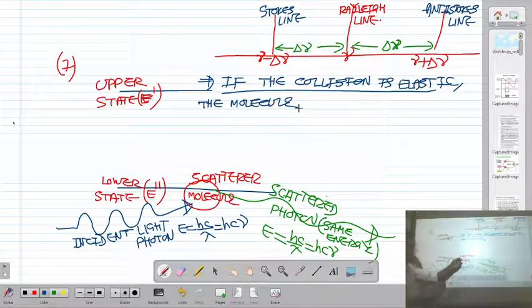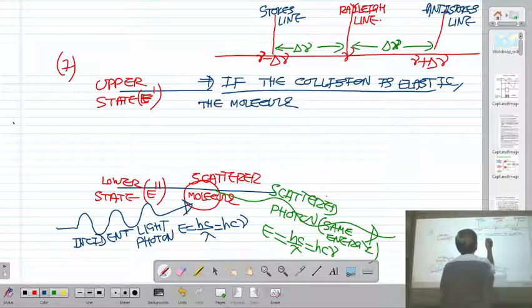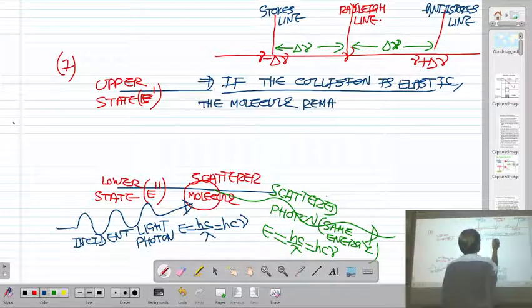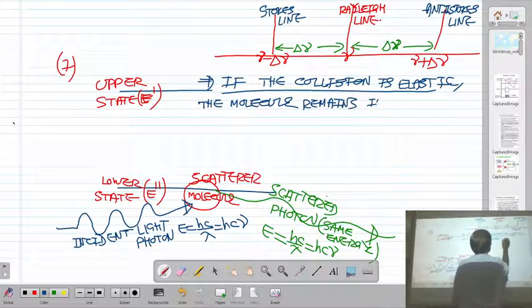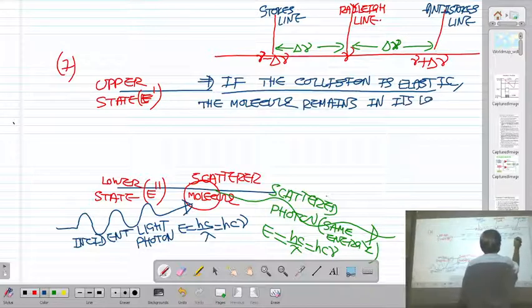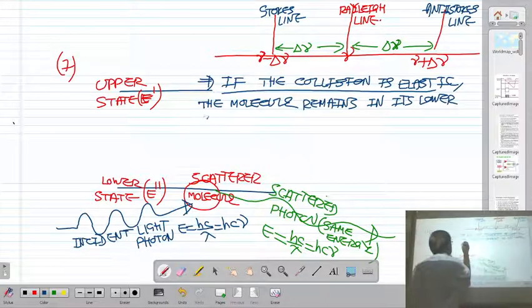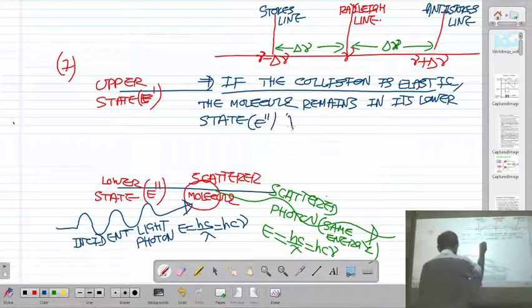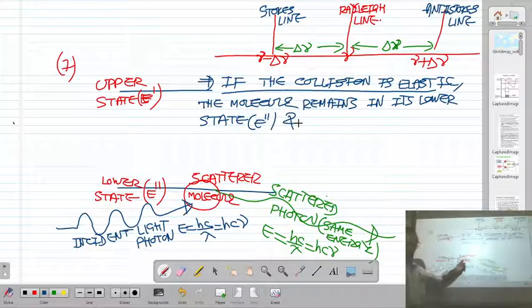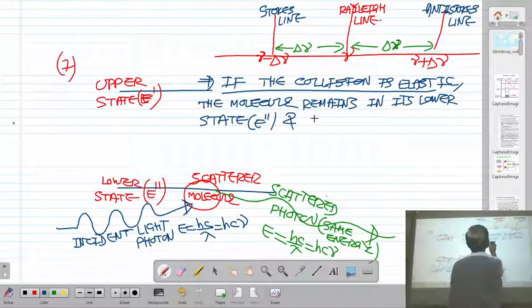Molecule is not going to the upper state. Molecule remains in its lower state E double dash, and after the collision of incident light photon with the scattered molecule, the molecule remains in the lower state E double dash, but photon is scattered with the same energy,